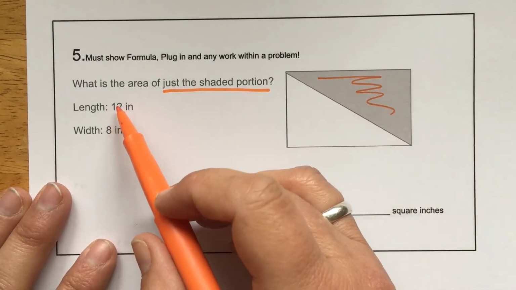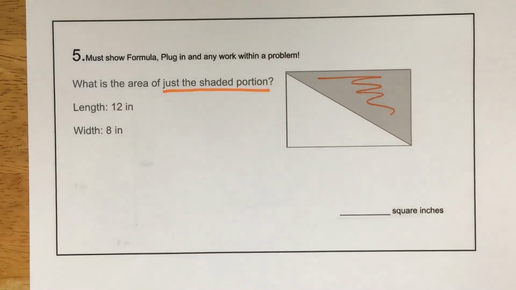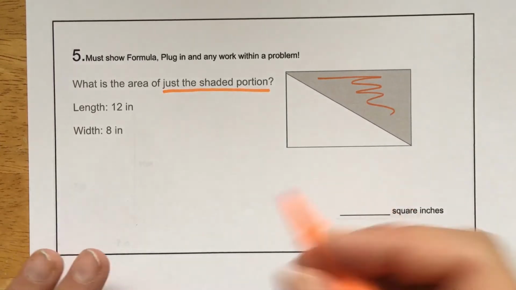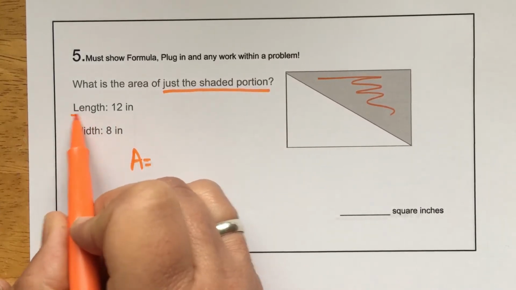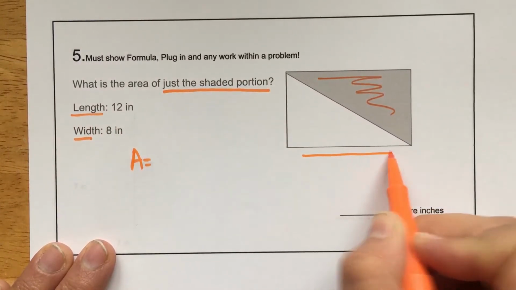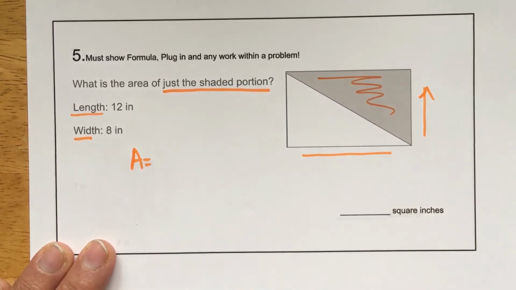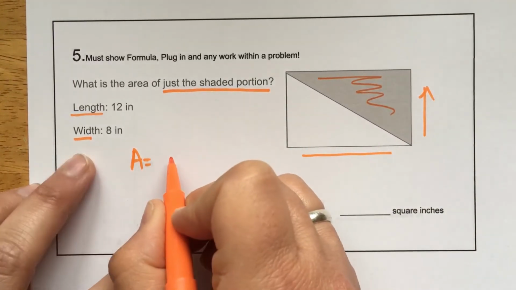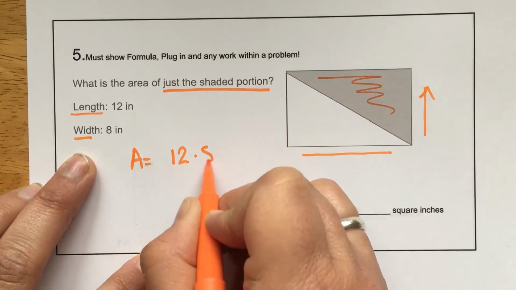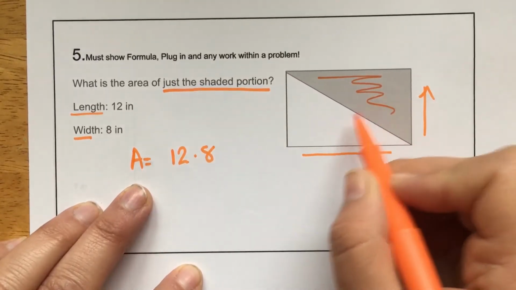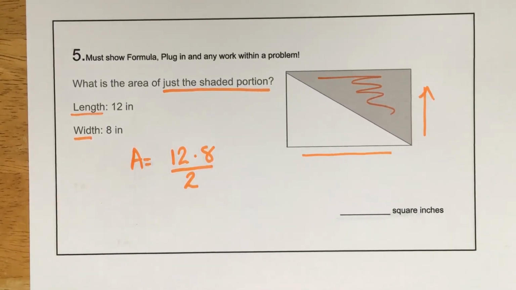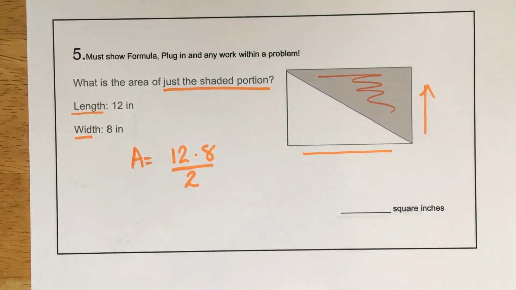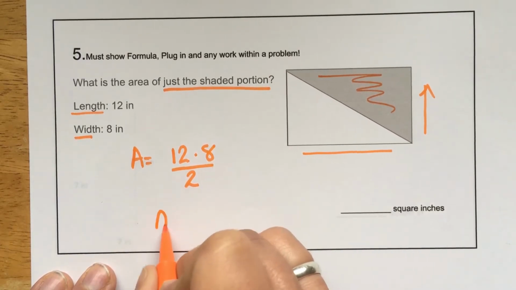Well, I could do the whole rectangle and divide it by 2, because that's what the triangle formula is, right? It's half of it. So I'm going to put in here area is equal to, guys, length and the width, which is the same as base and height. It doesn't change that, right? So it's going to be 12 times 8, but the big kicker, because it's only half, I'm going to divide it by 2. So when I multiply 12 times 8, I get